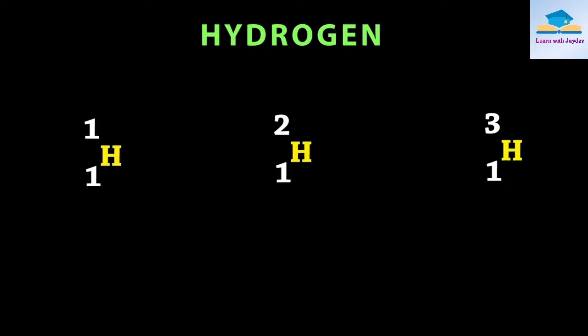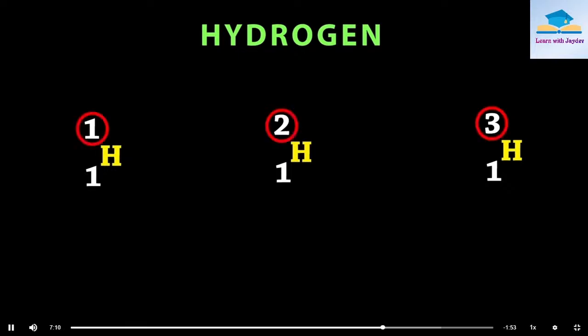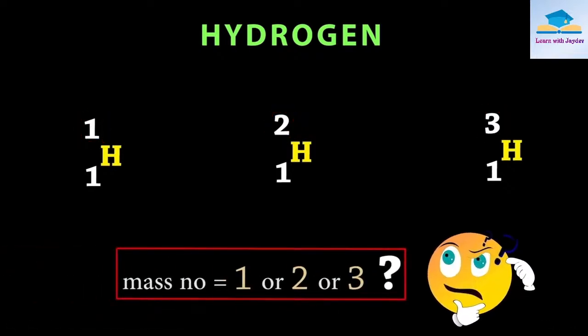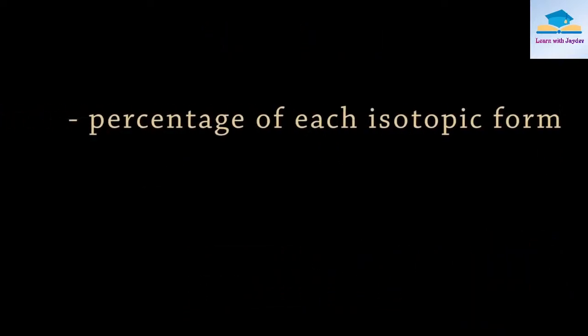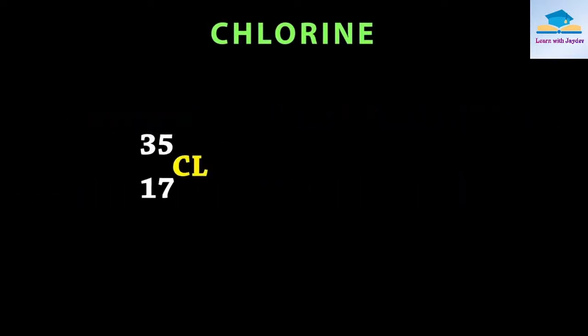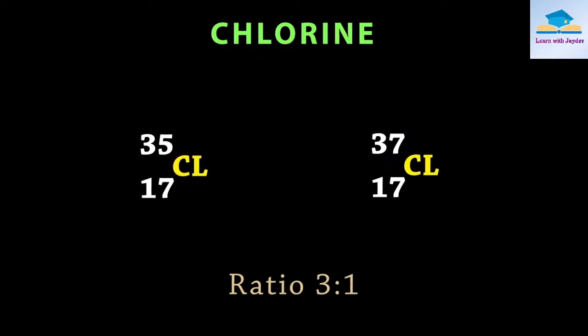Now, the question is, what should we take as the mass number if the atoms of the same element have different mass numbers? The answer is that we have to know the percentage of each isotopic form, and the average mass is calculated. Example, in the case of the chlorine atom, there are two isotopic forms with masses 35 and 37 in the ratio of 3:1. So, the average atomic mass of the chlorine atom is